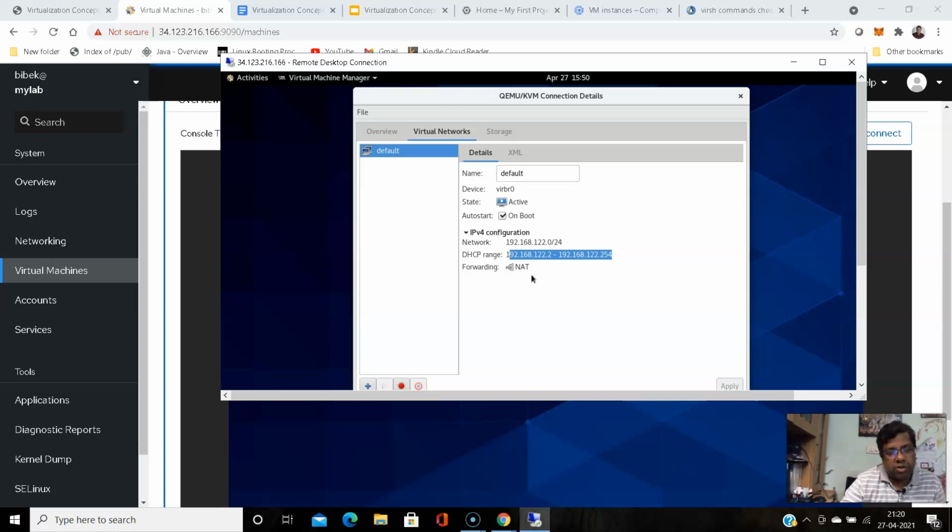We can create an isolated network for our lab purposes, so that those lab VMs cannot access the internet but can communicate with each other. It creates a virtual switch. The default is a virtual switch. You can create multiple switches. You can also configure the host as a router. That's also possible. Virtual networking is very flexible.